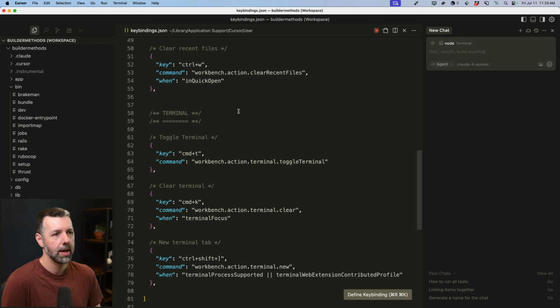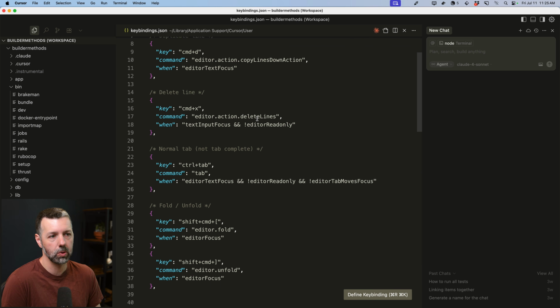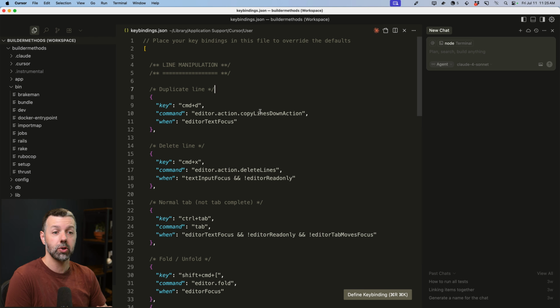This is where I added a couple of custom key bindings. There's actually not a whole lot here. I used to have more, but I sort of culled it down to just the ones that I happen to actually use all the time, every single day. So I'm going to cover these individually as we get through the video, but I just wanted to point out